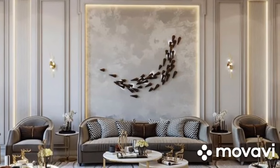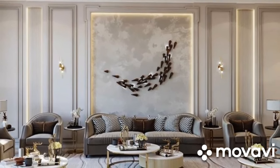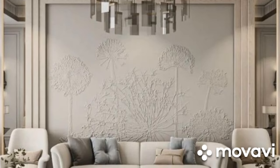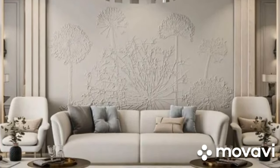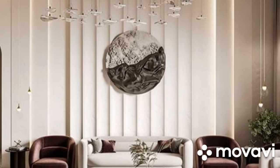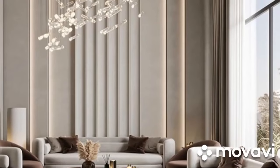Your living room is the heart of your home, a place where memories are made and relaxation is paramount. Let's start by envisioning the key elements that make up this cherished space. From sumptuous sofas to elegant coffee tables, each piece plays a vital role in shaping the ambience and functionality of your living room. Whether you prefer modern minimalism or classic comfort, there's a wealth of options to suit your taste